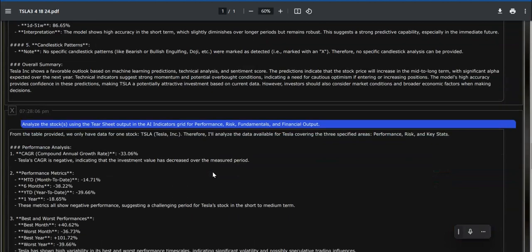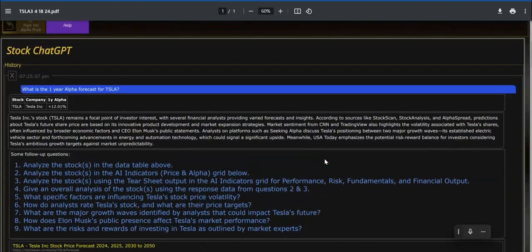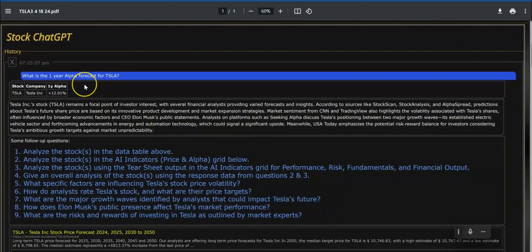Now down below here, I want to show you where that prompt is. It's right in this field where it says Ask ChatGPT. In this case, I've asked a question about Tesla. And the first prompt is, what is the one-year alpha forecast for Tesla? And here's the answer. It's plus